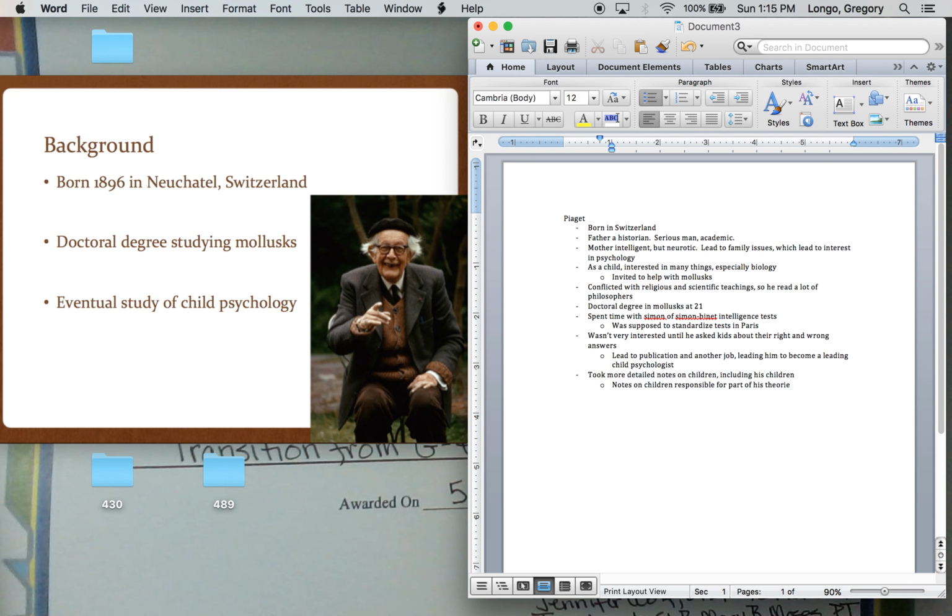As we will see in a little while, he was also interested in how children thought of space, physical quantities, numbers, perception, and Einstein actually ended up hearing about his work and suggested he look at concepts of time,